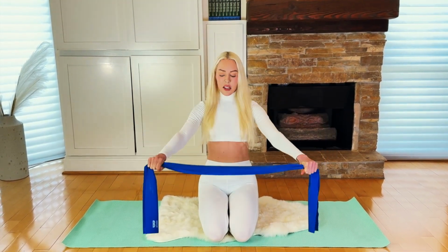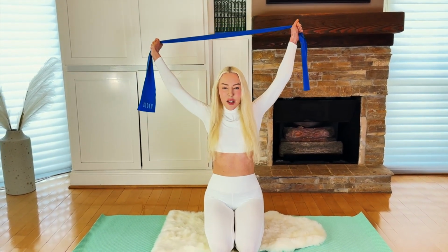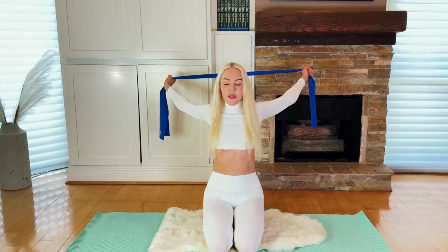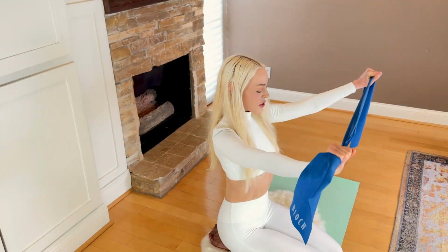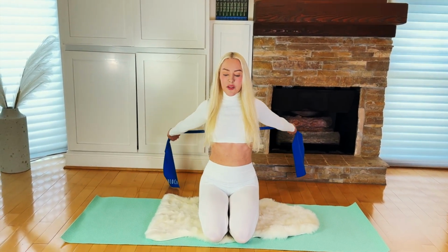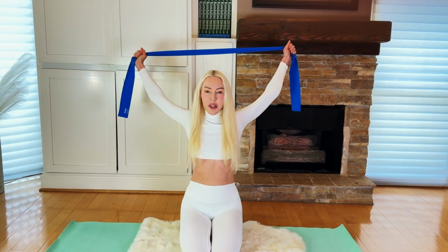And if that feels a little easy, move your hands in closer. Keeping your shoulder blades down the whole time. Ribs relaxed. Letting the shoulders open up, loosen up. And just a few more. And on this one, at the place you feel the most tension, hold there for a moment, breathe into it,